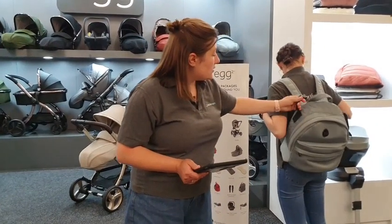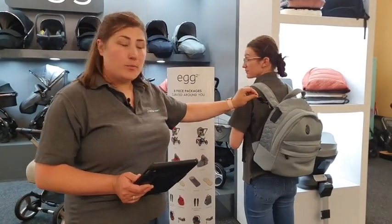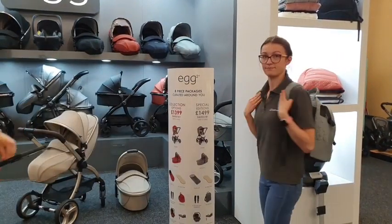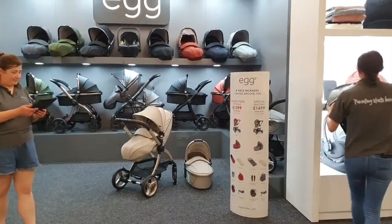You've also got these little hooks on as well, which will allow you to attach it to the handlebar of your pushchair, so you've not got to take up your back space, and you've got two pockets on the front. Changing mat inside. And then also you have